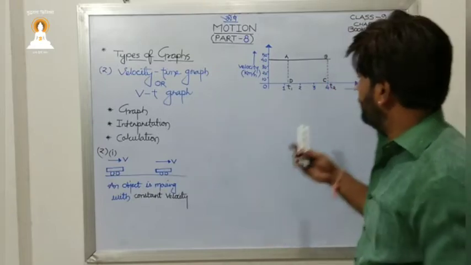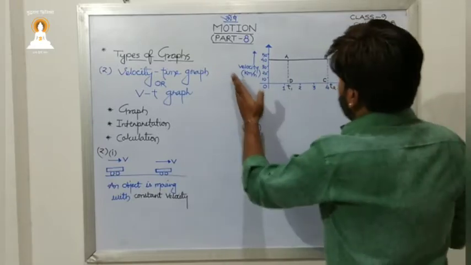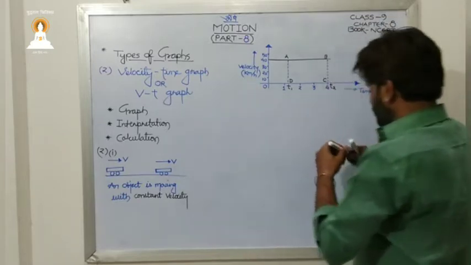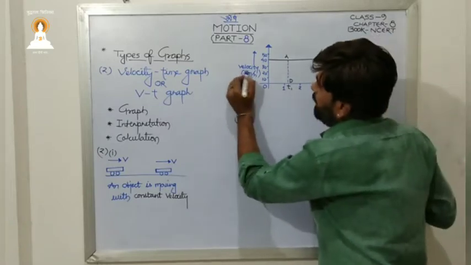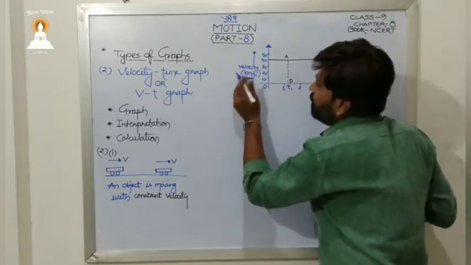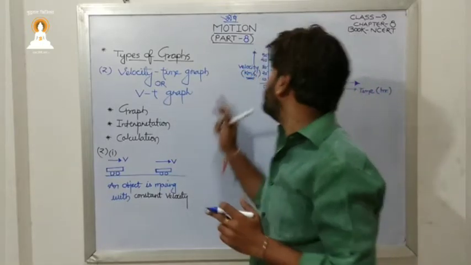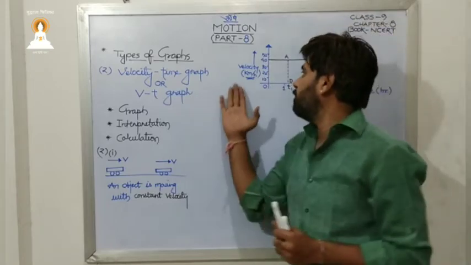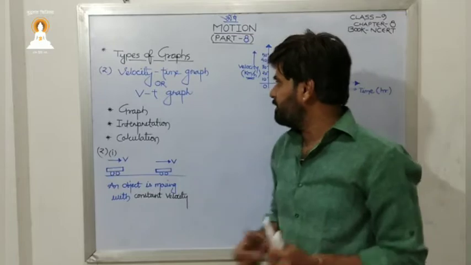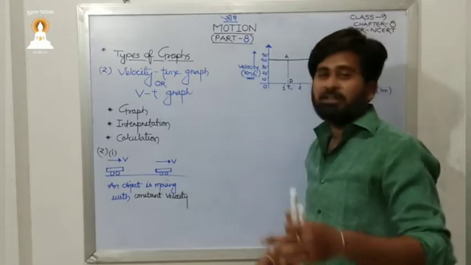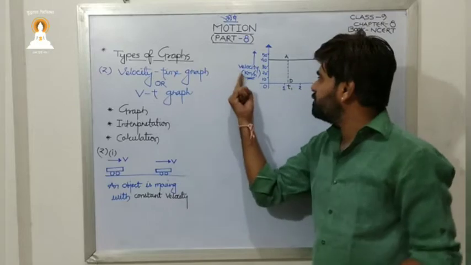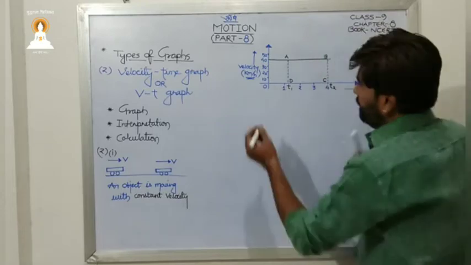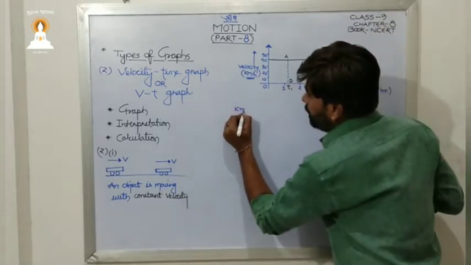So let us see. Suppose this is the y-axis, this is the x-axis. Now listen carefully. This is the term velocity, and this is nothing but the surname of this velocity. Usually we human beings have our own surname, and the usual surnames are Sharmaji, Vermaji, Guptaji, like this. So velocity also has a surname, that is kilometer per hour. Listen carefully, kilometer per hour.